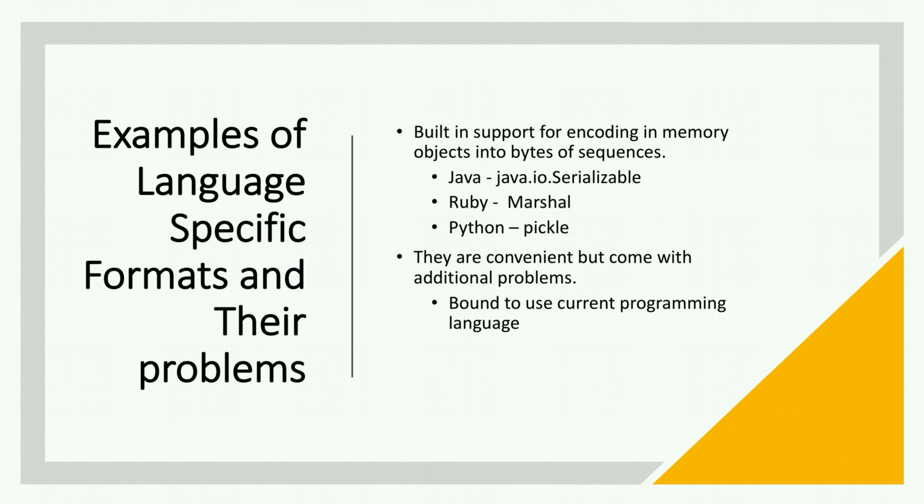For example, the encoding is often tied to a particular programming language, and reading the data in another language is very difficult. So if we are storing or transmitting data in such an encoding, we are committing ourselves to using that programming language for a long period of time. As well as that, there are security issues in these language specific formats. And Java Serializable, for example, is known for its bad performance and bloated encoding, so efficiency might also take a toll. For these reasons, it is generally a bad idea to use a language specific format.